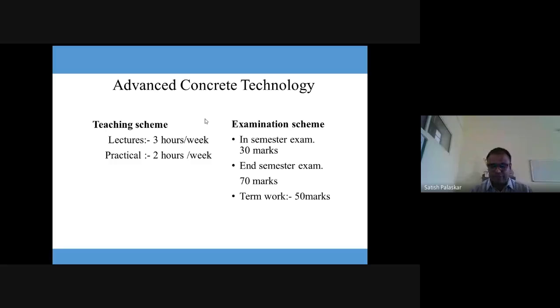Then when we go for the unit number 4, nowadays fiber reinforced concrete is a common practice again. Many students are doing projects by using different types of fibers in the concrete. That's called the fiber reinforced concrete. So that part is included over there. There, what are the different types of fibers which are used? Their properties of the fiber. Then that properties may be basic properties or the mechanical properties, and how it will behave under tension and bending. That part will be included in unit number 4.